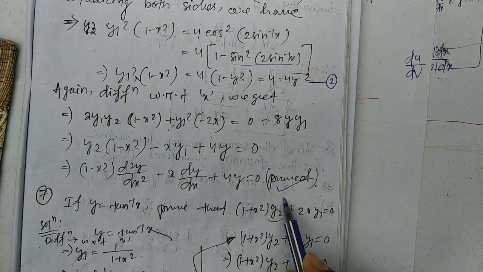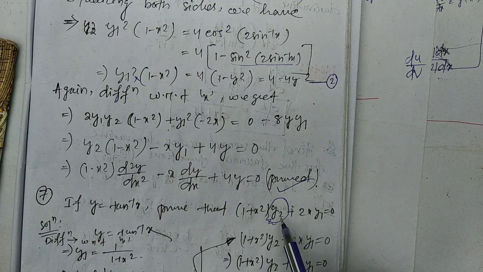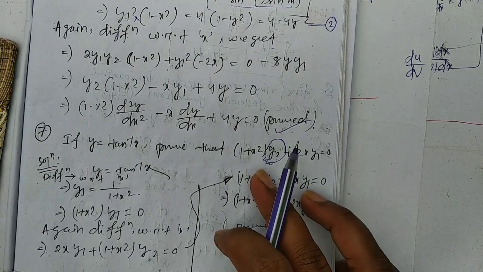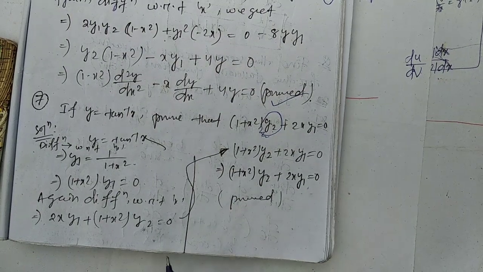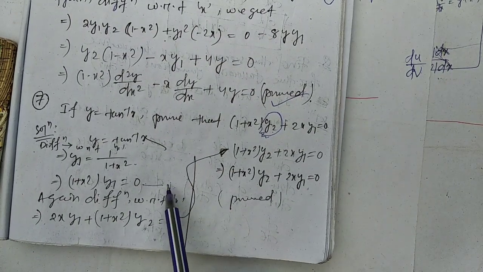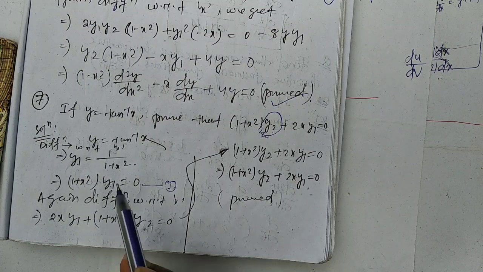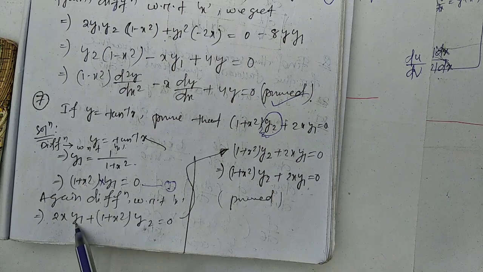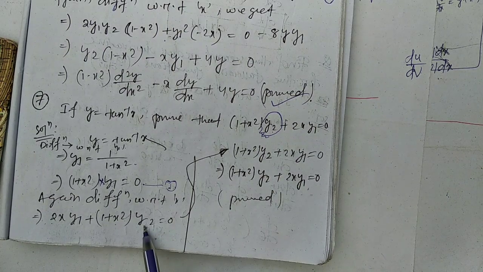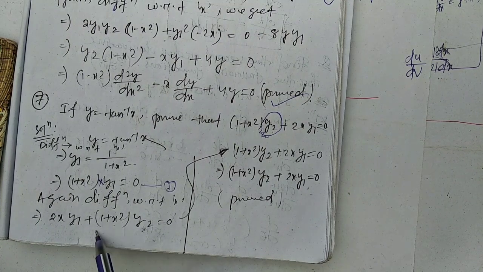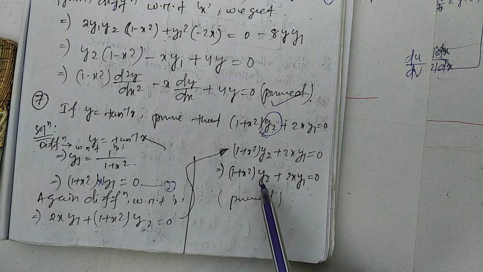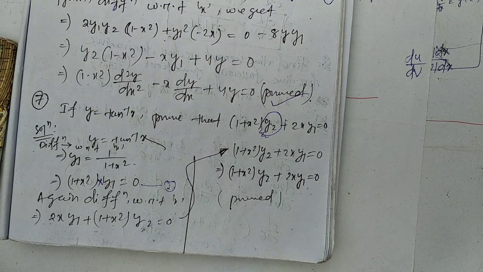As in our output that we have to prove, the y2 term is there, so we have to differentiate twice. Again differentiate this equation 1 with respect to x. How much are we obtaining? We have to go for the product rule: derivative of first, 2x, into second, plus first into derivative of second, that is the derivative of y1, which is y2. Just write this one first and second this term. So finally we will obtain 1 plus x square into y2 plus 2x y1 is equal to 0.